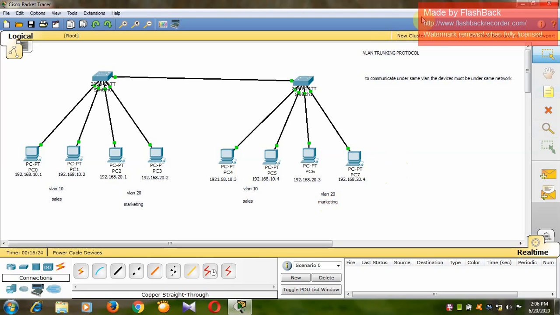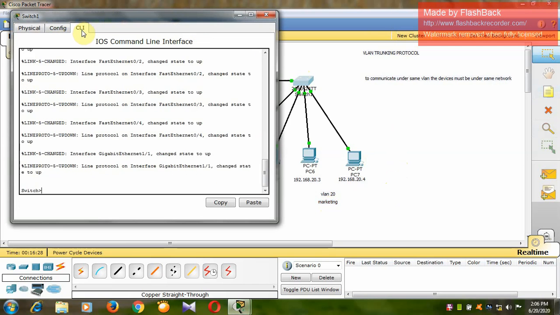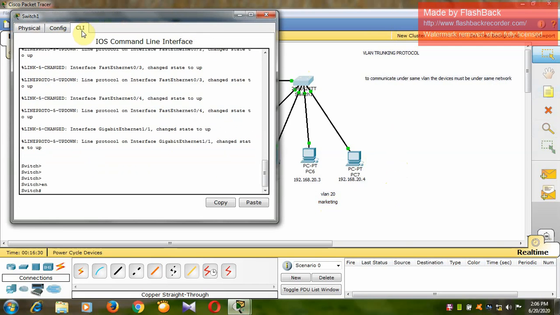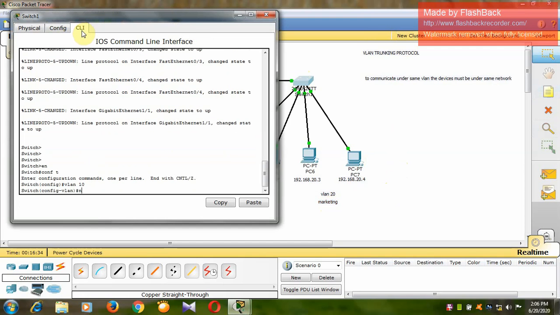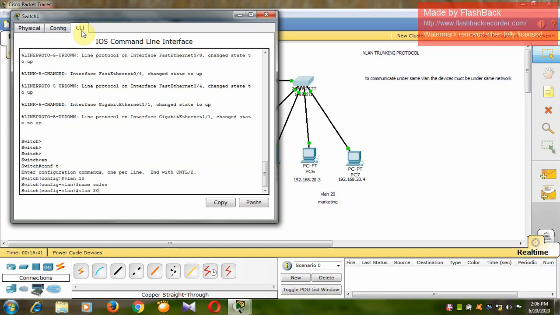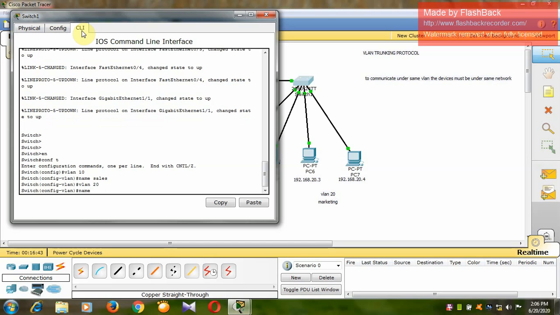Now we will create the VLANs here. Enable, configure terminal. VLAN 10, the same name you have to give, sales. Okay, VLAN 20, name is market.